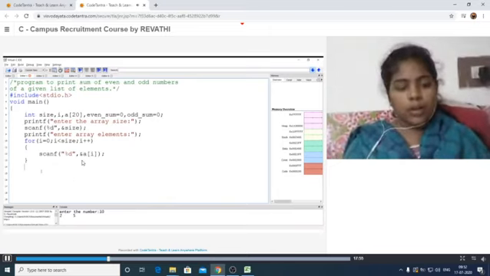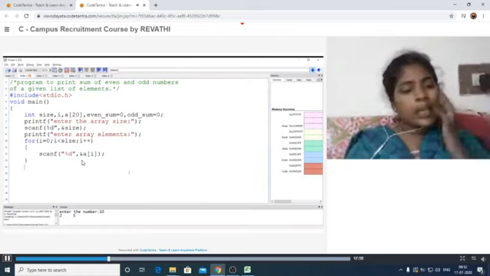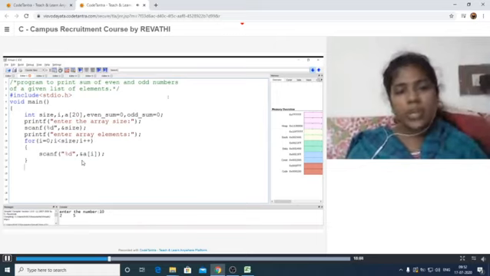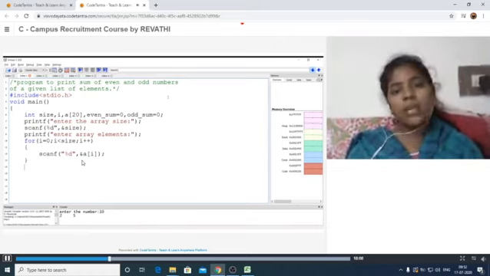Next, we have to check whether the number is even or odd. What condition can be used for checking? If modulus 2 is equal to 0, it is automatically an even number, otherwise it is an odd number.